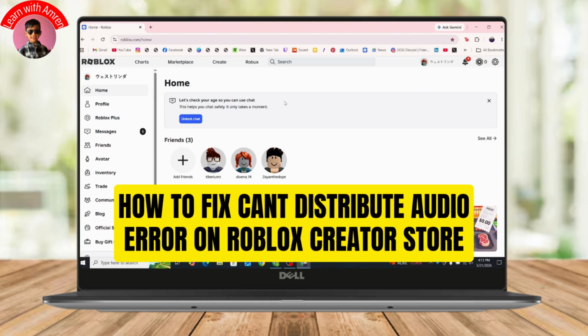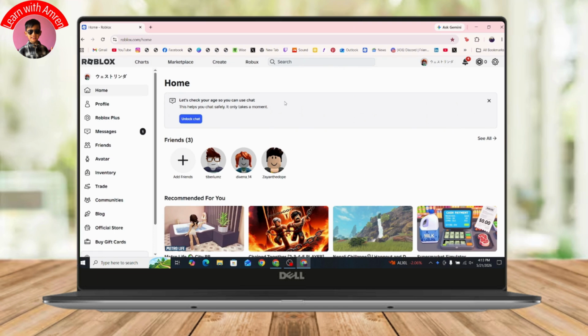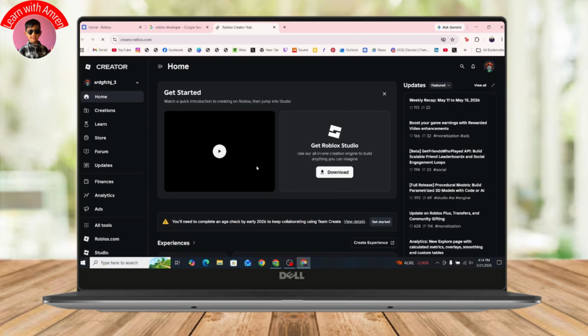How to fix can't distribute audio error on Roblox Creator Store. So if you want to fix can't distribute audio error on your Roblox, then what you need to do is first you need to open up your Roblox official website and log into your developer account or go with Roblox